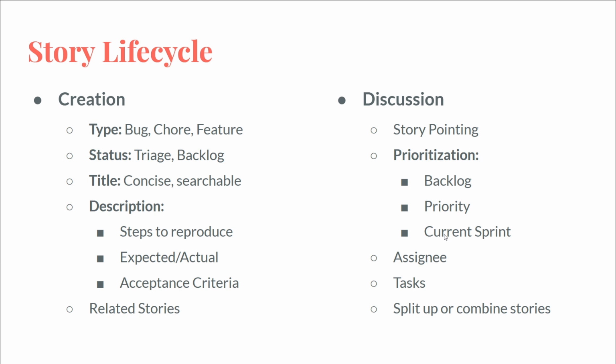Related stories: if there are other things related, if this is in a series of stories and it's dependent on something else being finished first. For example, if the story is add a save button to the user profile, you cannot work on that ticket until you do the previous ticket, which is create the user profile page. So you need to create the user profile page first, and until that ticket is done, you cannot start work on the next one to put a save button on the page. So you may have related stories, and you may relate those stories and say this is related to it, or this is blocked by it, or this is blocking a different one.